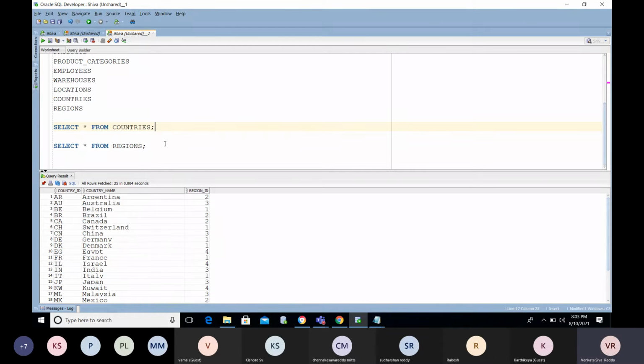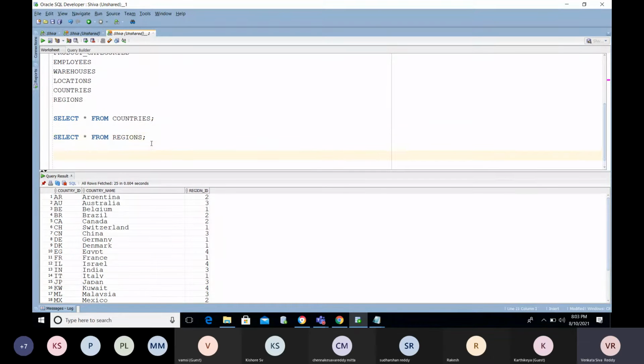I want to retrieve what are the countries we have in the Middle East. So now in that case, I can go with either left join or right join, or I can go with the inner join. In which way can I get the data? Tell me.